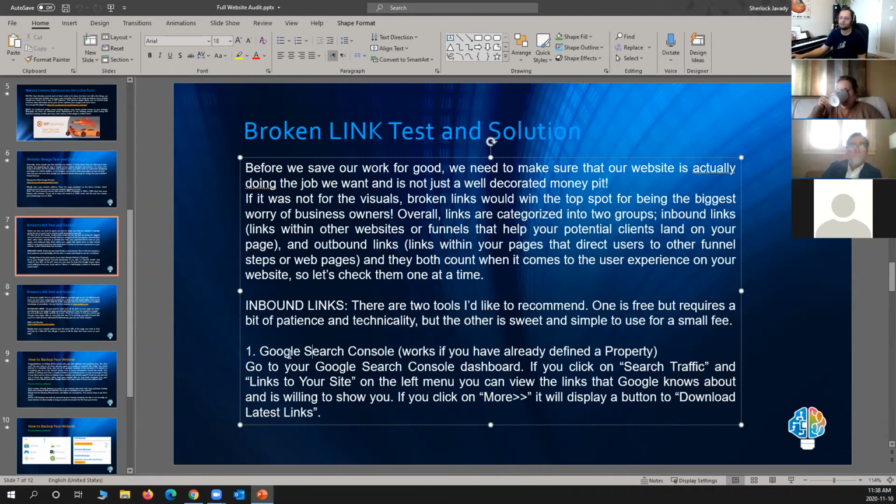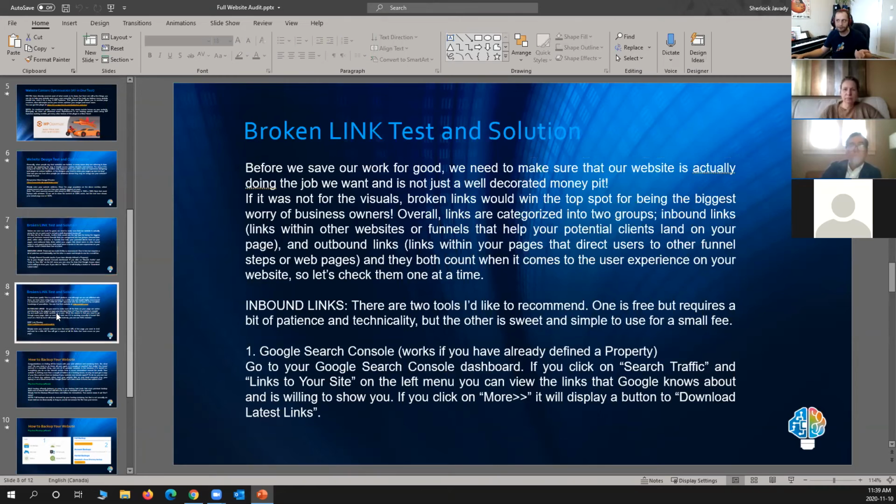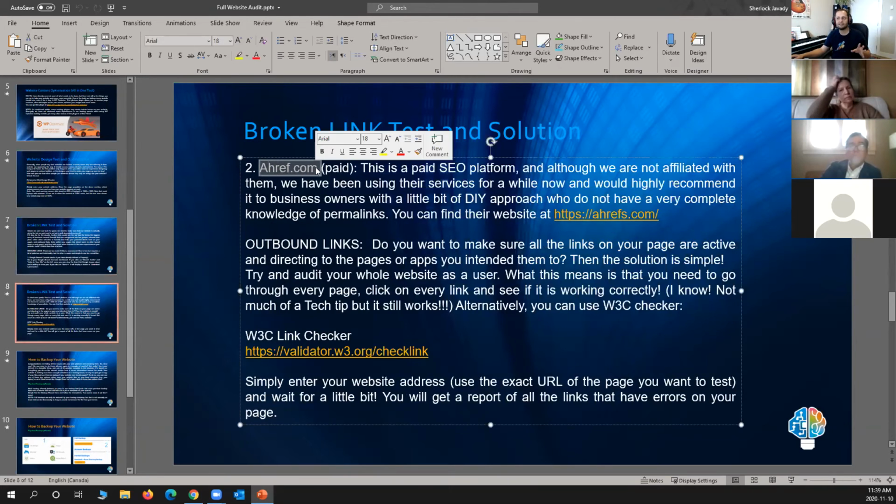But there is a way. I wrote it here for you. You can go through Google Search Console. We talked about it last session that you need to add your website as your property to your Google account first, and create your business account second. Third, go to Google Search Console. Google scans the whole internet and tells you which websites are sending traffic to your website, which ones are working, which ones are broken. There's also a paid version. We mentioned this tool last time in our SEO session. You can go to ahrefs.com. It's a paid option, but they as well will scan the whole online world to find links to your website.